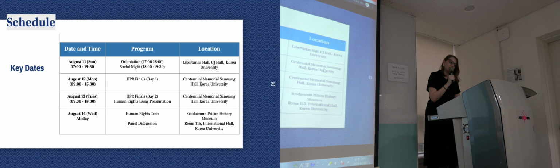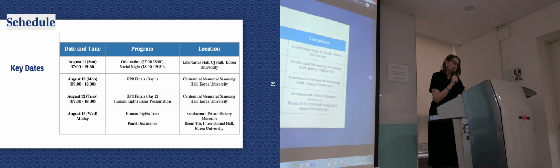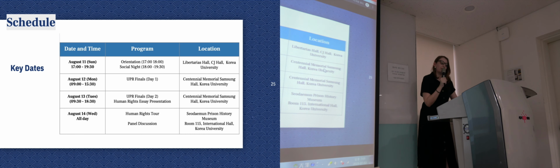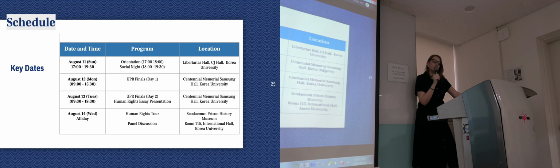So just to show you the brief outline of how the main events will go down, we will have a mini orientation and social night on the Sunday, the 11th of August. So this is mainly a chance for you guys to meet the participants coming from Japan and Hong Kong. So then we will have the first day of the finals on Monday, the 12th of August. And the second day of finals will be the day after, and both of these will be held at Korea University. So on the last day, we'll have a human rights tour that will likely be held at Sodaemun Prison